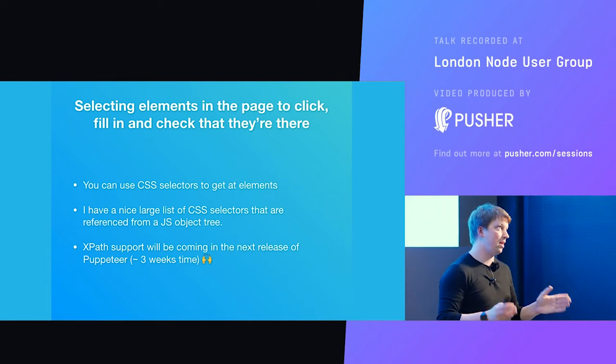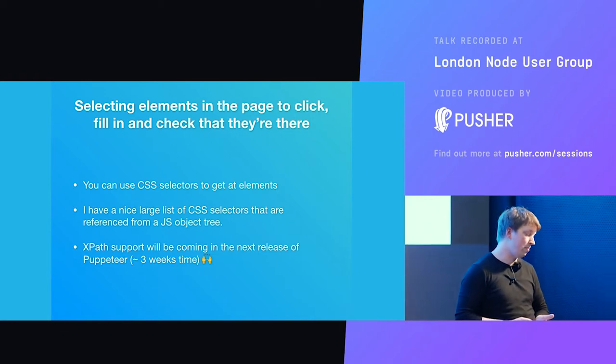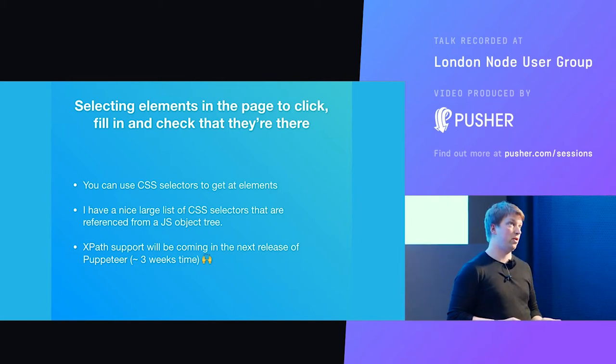So anyway, in terms of selecting elements in the page to click, fill in and check that they're there, you can use CSS selectors in Puppeteer to do that. I have a nice large list of CSS selectors I'll show you in a bit, which is just nested in an object tree. In terms of XPath support,